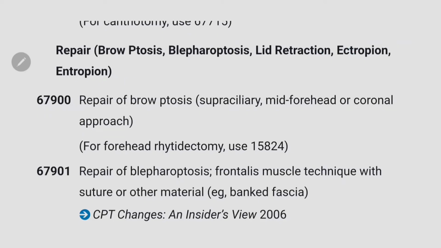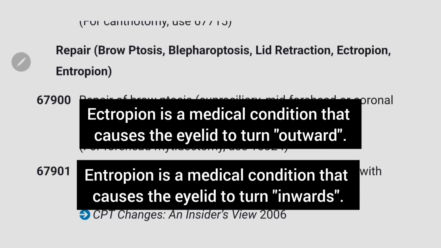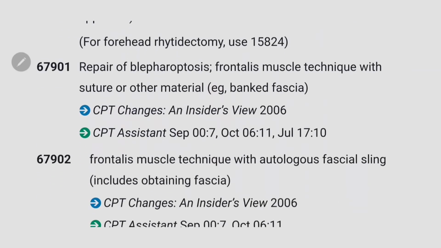So what is ectropion and what is entropion? Ectropion is a condition in which the eyelid is turned outwards. And entropion is a condition in which the eyelid is turned inwards. Remember that, it's very important. So here the code 67900 is for repair of proptosis and 67901 is for repair of blepharoptosis, and the important